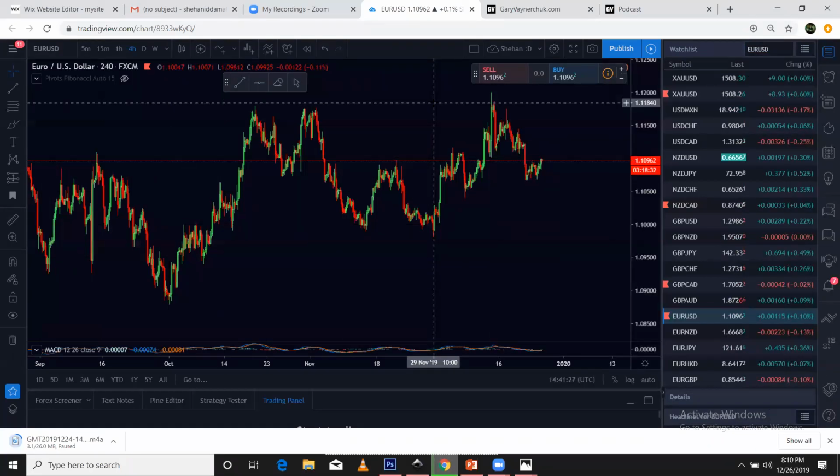Now in TradingView, no one is going to help you, right? What I mean is, in Harmonic Scanner, it tells you where to